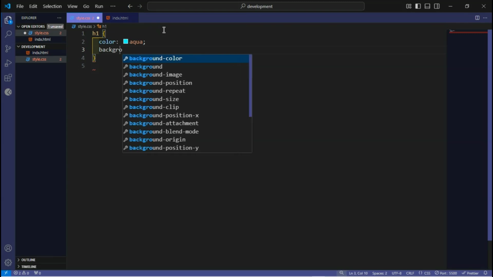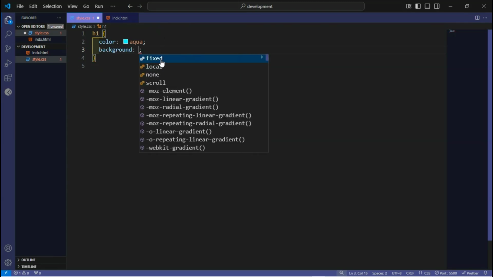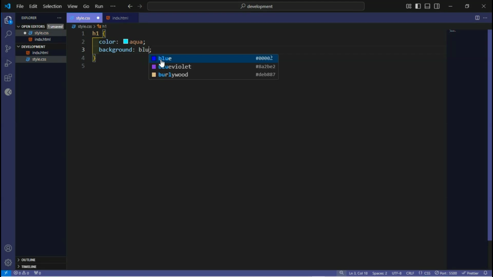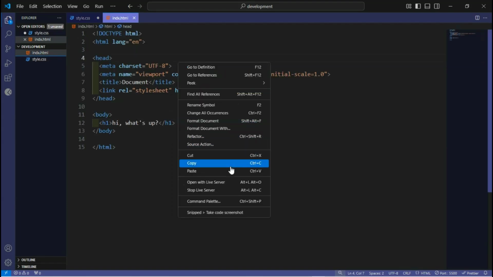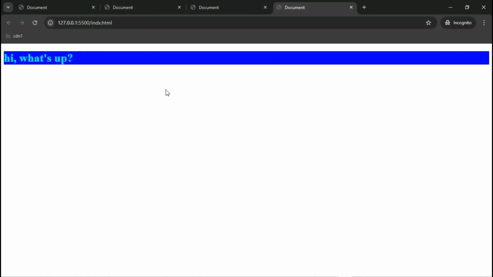Now I want to color my background. So I am writing background, then blue, to color the background. It's working. Oh, you can see that